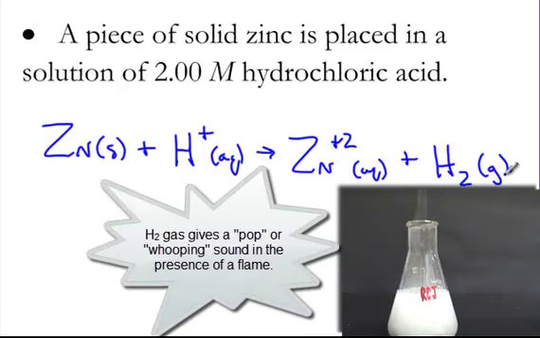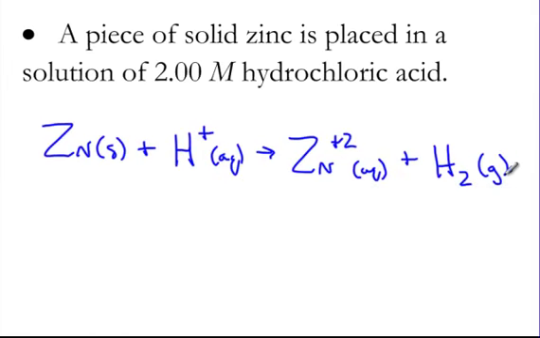Now we do have to go back and balance this. We have 1 zinc at the beginning, 1 zinc at the end, 1 hydrogen at the beginning. There's 2 hydrogens at the end, so we need a coefficient of 2. And that balances out our charges as well. We have +2 at the beginning now. We have +2 at the end. So these are